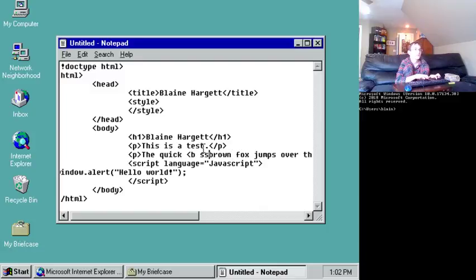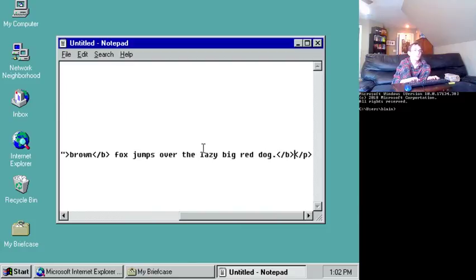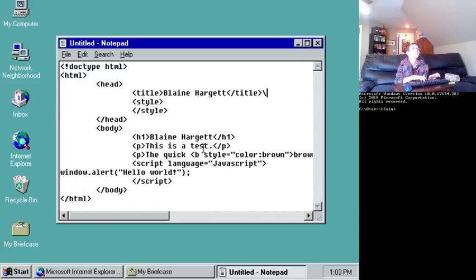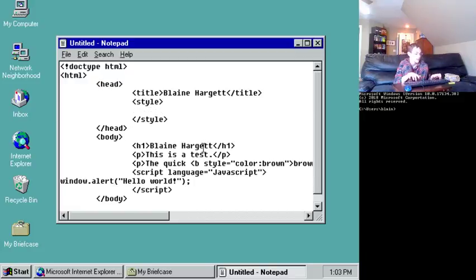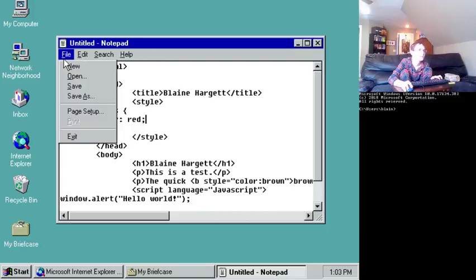And this style, brown. And so now the fox is brown, like the word brown is brown. And then I am red. And then we'll go over here and put in the style sheet, I am red, plus is red. And then we'll save this file